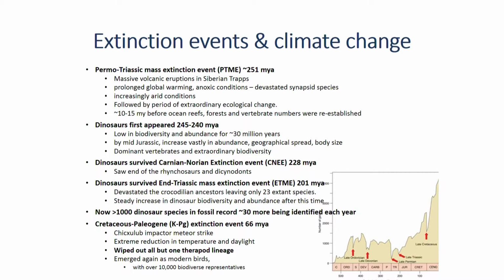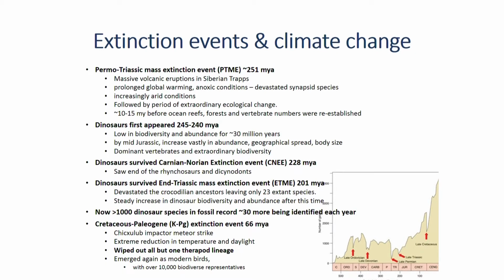Hold that thought. There was an extinction event, the Permian-Triassic, massive volcano eruptions 250 million years ago, and that paved the way for them to appear at about 245 to 240 million years ago. 228 million years ago, they survived one extinction event, as they did 201 million years ago, that wiped out the crocs, all but 23 species, and there are about 1,000 dinosaur species now described, with about 30 more